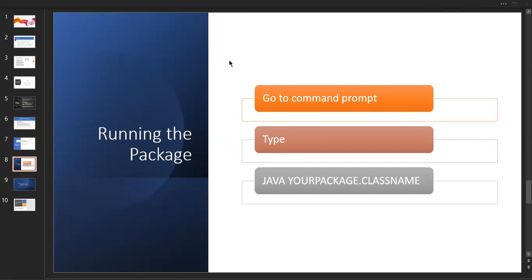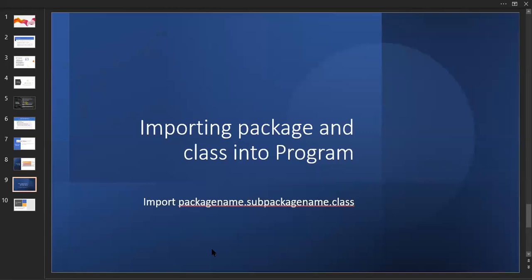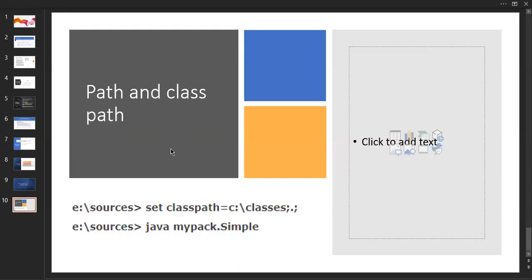Actually, I just came to know that in your textbook there was a somewhat different issue with the package. According to your textbook, what they mentioned was different. I shared this in the last class, setting a classpath inside the packages. According to your syllabus, the path and the classpath is to create a path inside the environment variables. I already discussed that one.